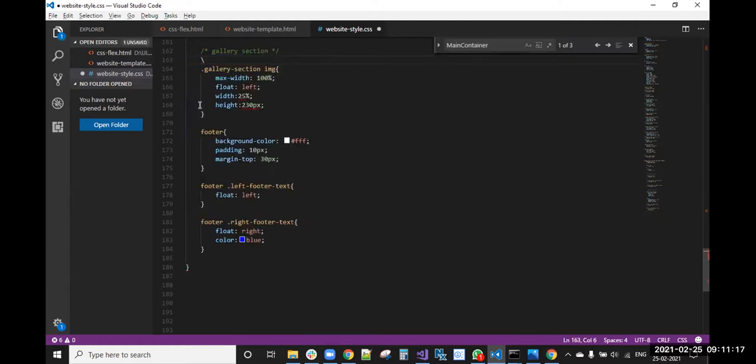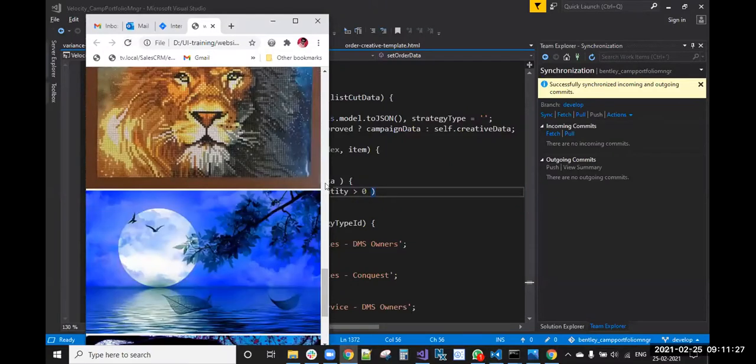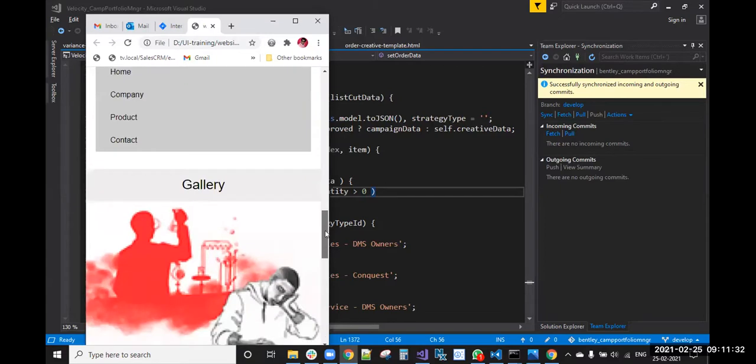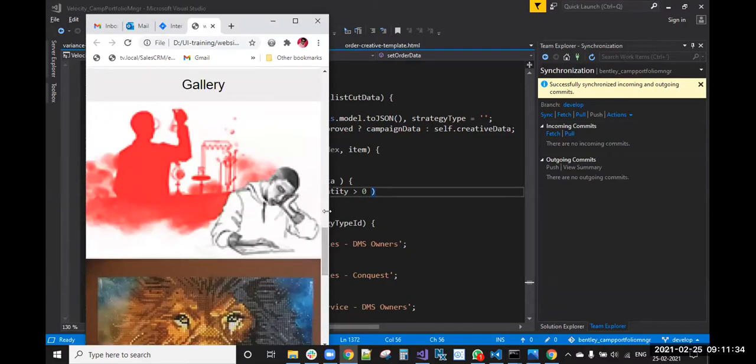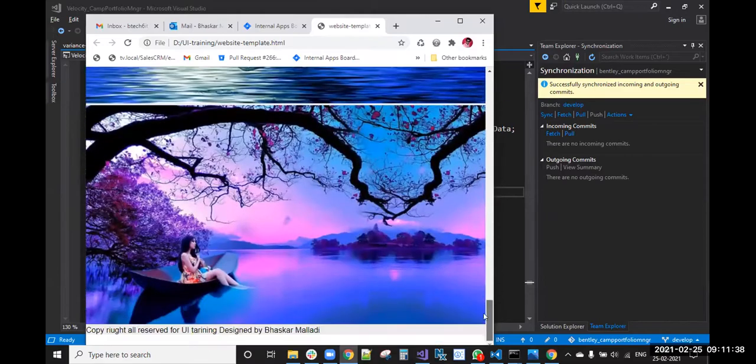Now you can see that the images are properly aligned. So if you maximize, the images are occupying up to there.